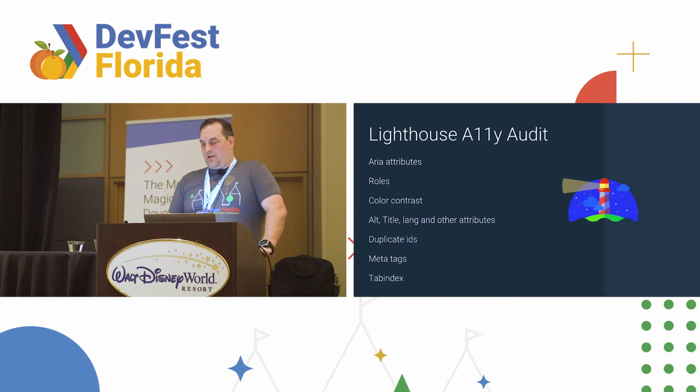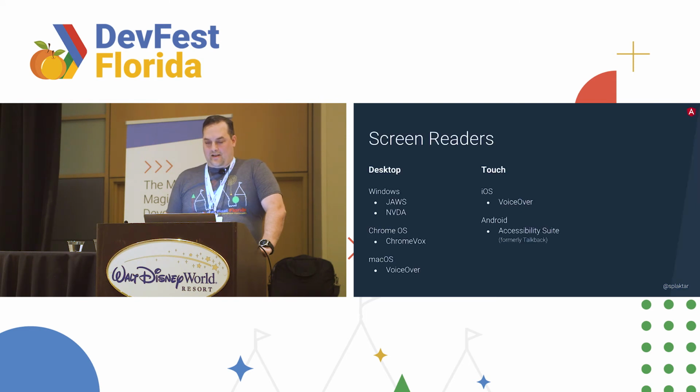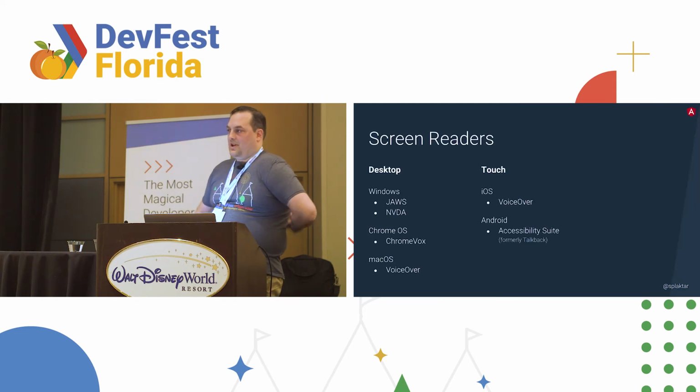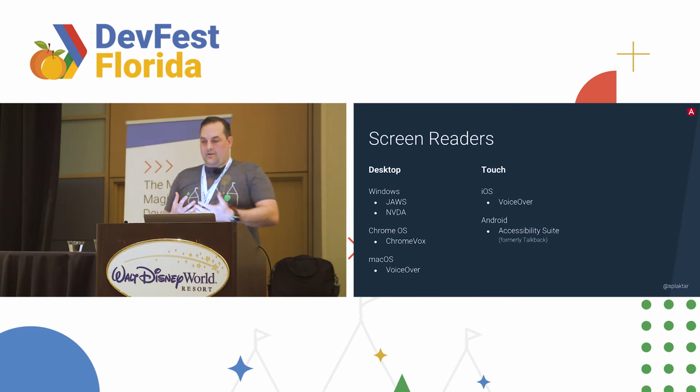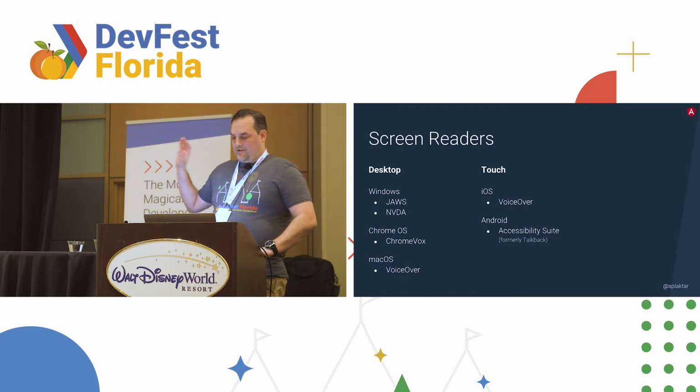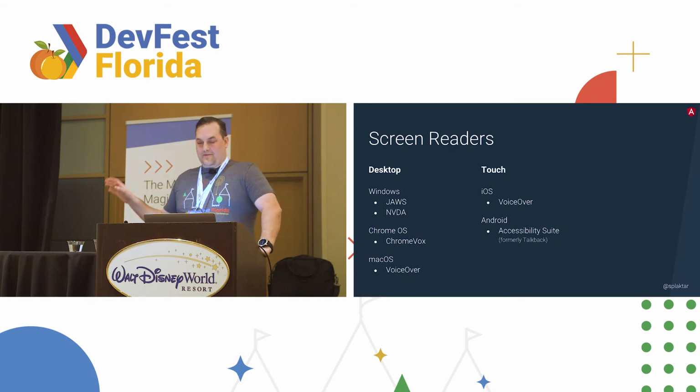So that's kind of the first step in getting your app accessible: make sure keyboard interaction works well, make sure you're doing well on the audit, and then it comes to actual screen readers. So then you need to see what a screen reader user is hearing, how they're interacting with it. There's quite a few different screen readers on different platforms. There's also some very different